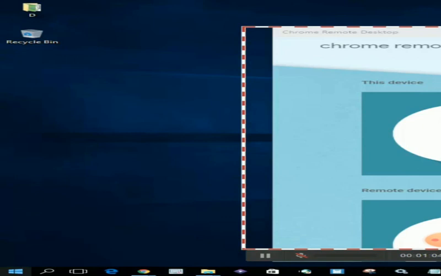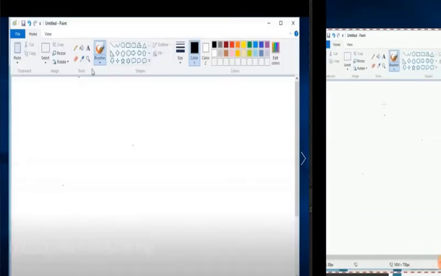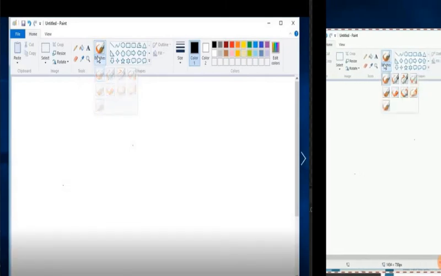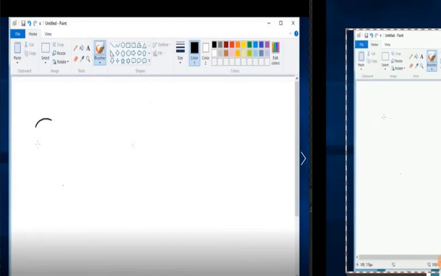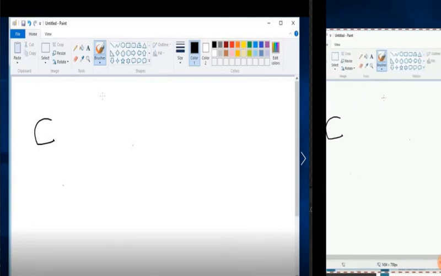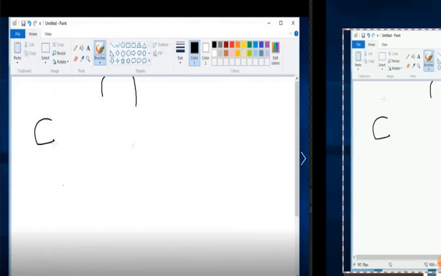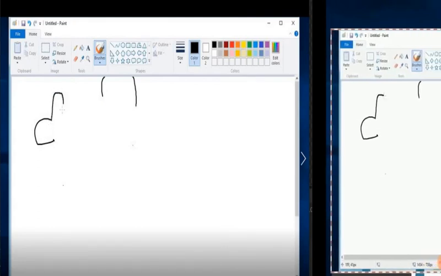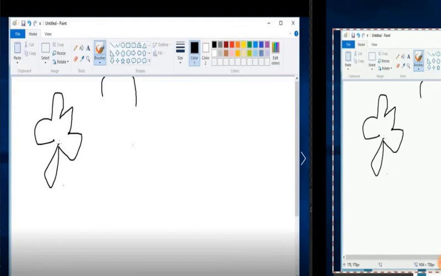Now see it working side by side by writing something on Paint from your mobile device. I have opened Paint from my mobile phone and selected a brush to draw something. So I am scratching on my phone and it does write on the desktop. As I move my cursor, it allows me to write on the screen of both mobile phone and desktop. The left hand side is the desktop view and the right hand side is the mobile phone view.